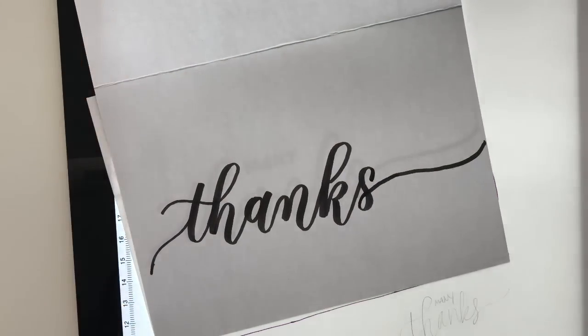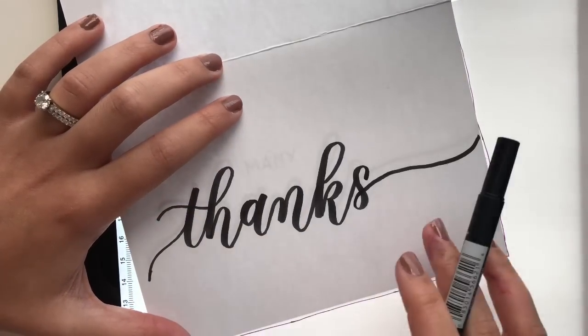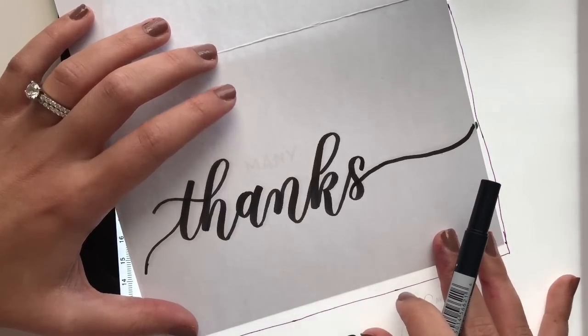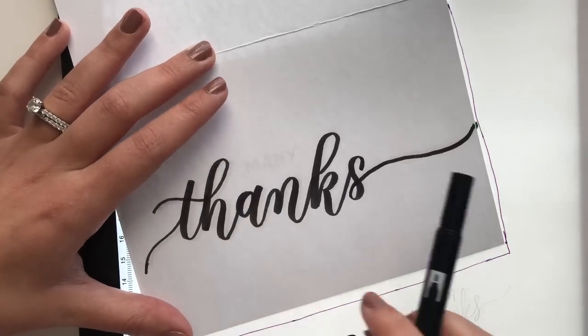All right, so then the next part that I wanted to do was mix some sans-serif capital lettering with this script lettering. So I have the word many in here, and right now it doesn't look very centered, so I'm actually going to shift this over a little bit. So now my script lettering isn't matching up with my original draft,